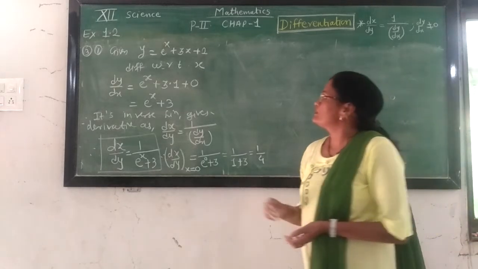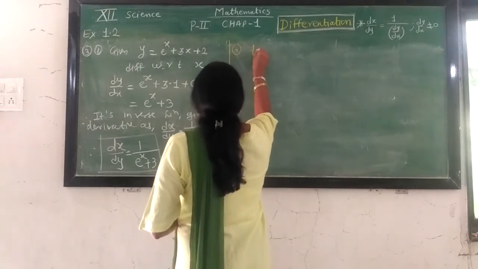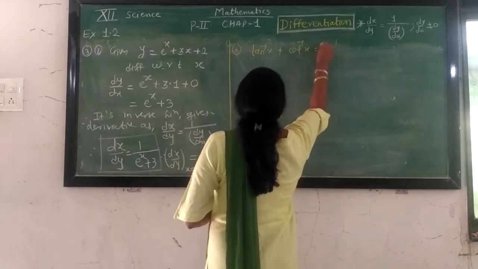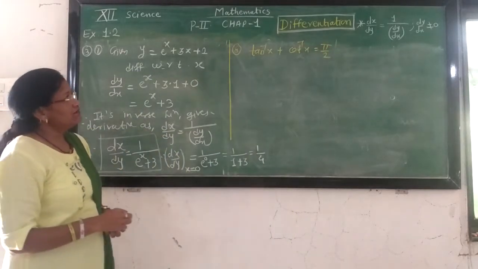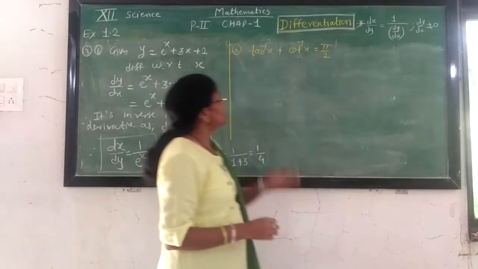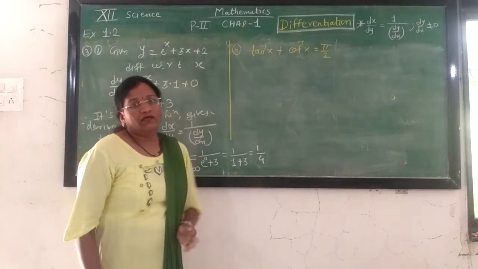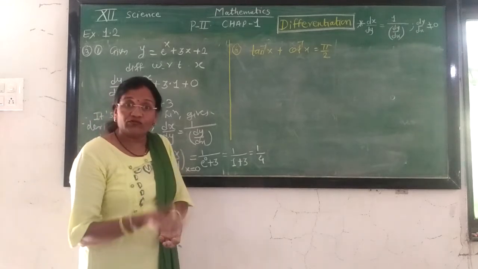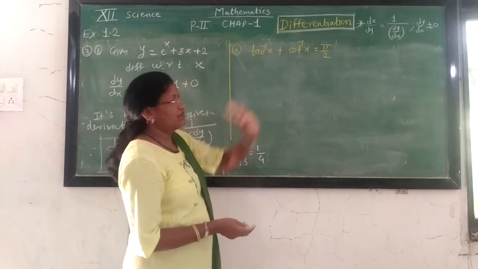Using derivative, prove that tan inverse x plus cot inverse x is equal to pi by 2. Using derivative, you have to prove that tan inverse x plus cot inverse x is equal to pi by 2. Actually, this is an identity from trigonometry. We use this result from inverse trigonometric function by taking their complementary result. But here we have to use the derivative of this function. If we take direct differentiation of this, you get the answer in one step.